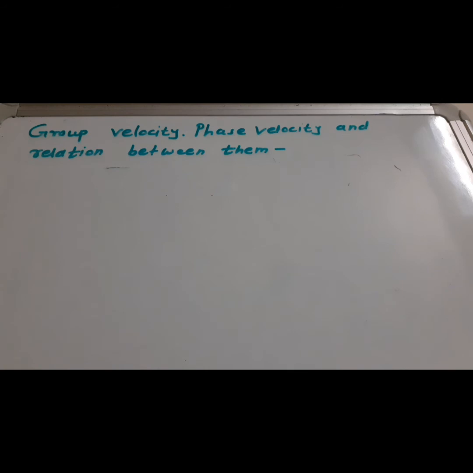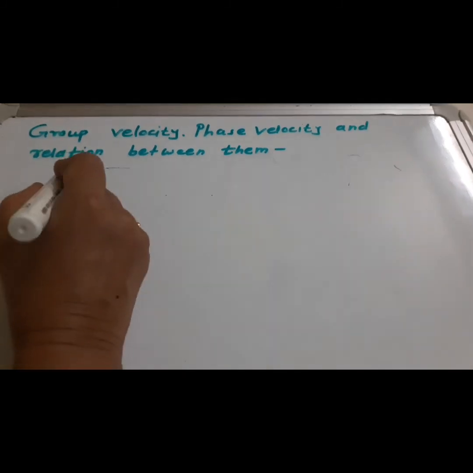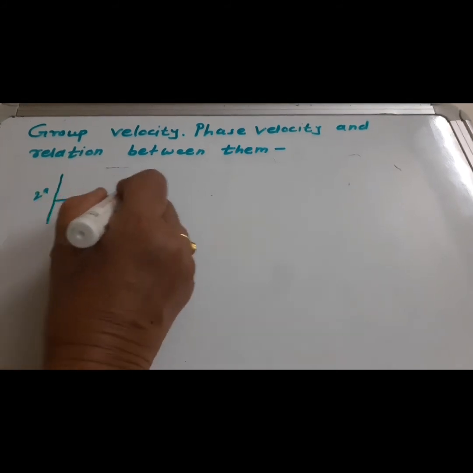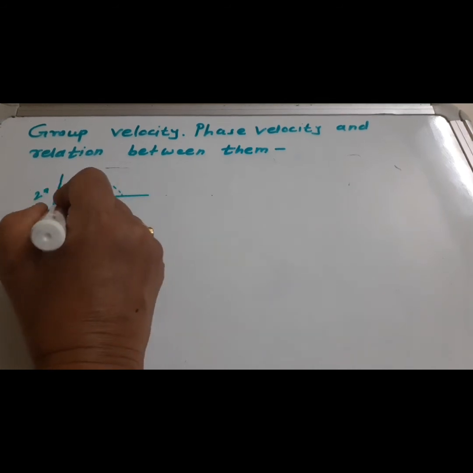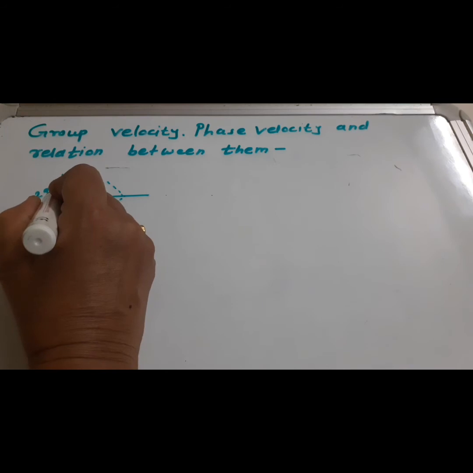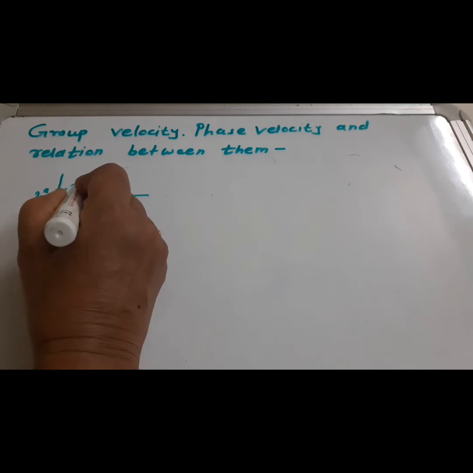Again, all of you listen carefully. The group velocity is the velocity with which the slowly varying envelope of the modulated pattern due to a group of waves travels in a medium. A group consists of a number of waves. I have shown you here on the y-axis the amplitude 2a, and on the x-axis the wave is traveling. Then there are a number of waves in modulated form, and these waves have different amplitudes.